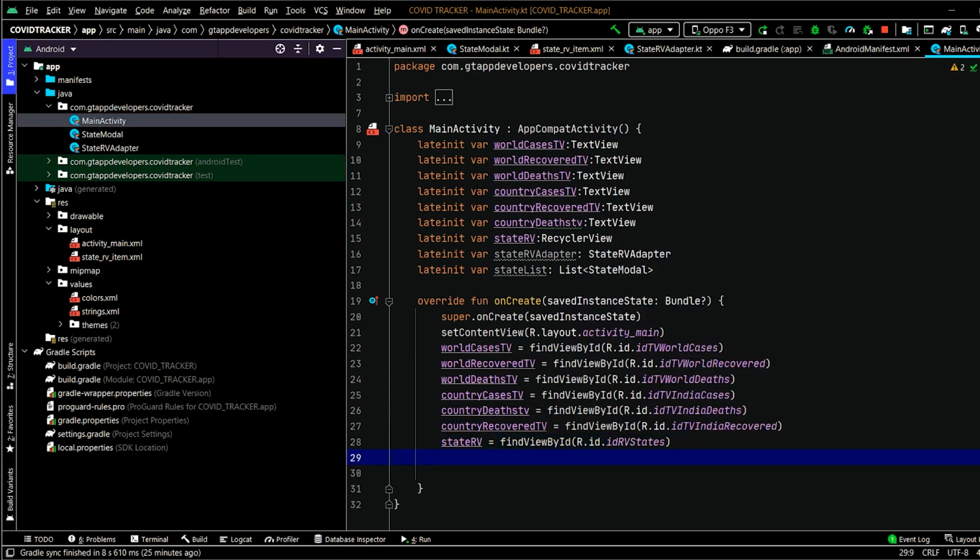Now we have to initialize all our variables. Similarly, we have to initialize our state list as array list and pass our state model to it.